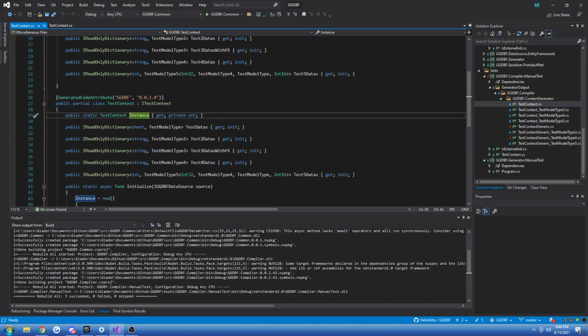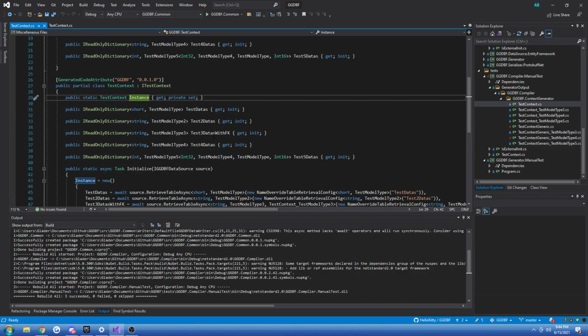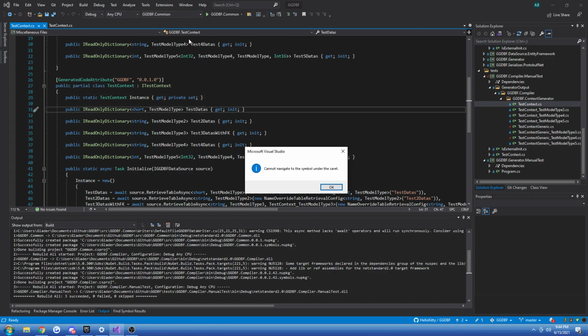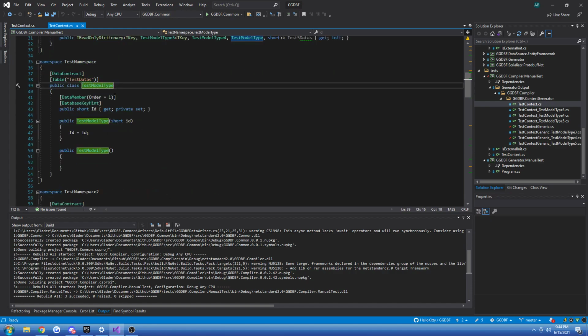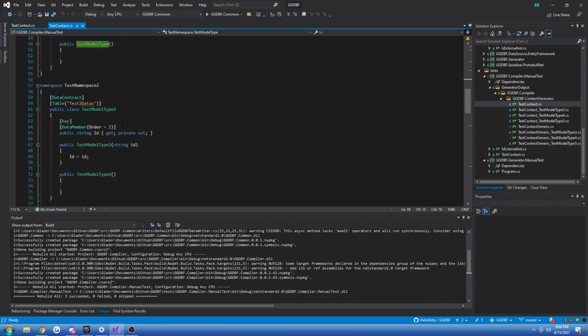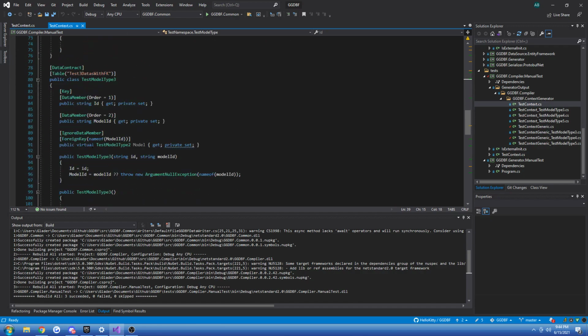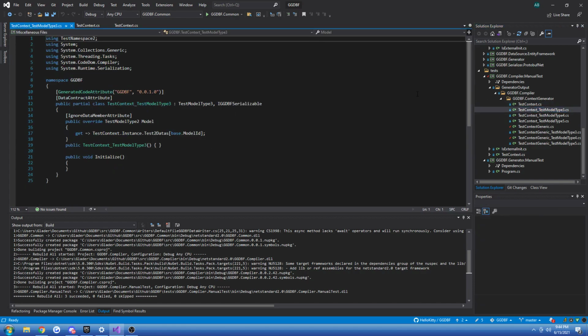And the reason for that is, I'll show you. We want to take a look at one of these serializable types that it spits out. For simple types, such as test model type, this will not require an additional derived type to serialize. It's simple. But type 3, for example, has a foreign key reference. All foreign key references require a generated serializable model. And this